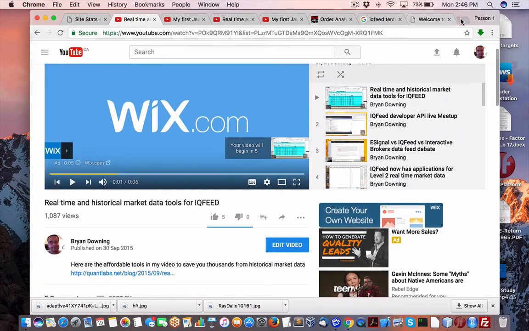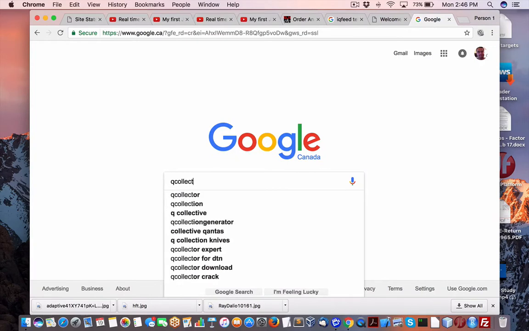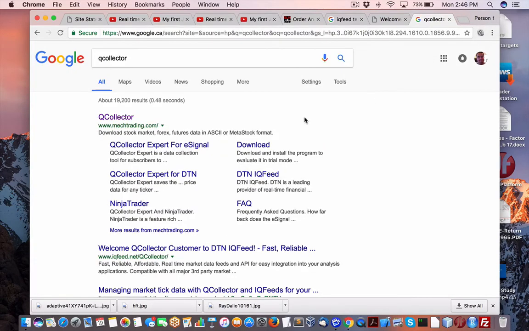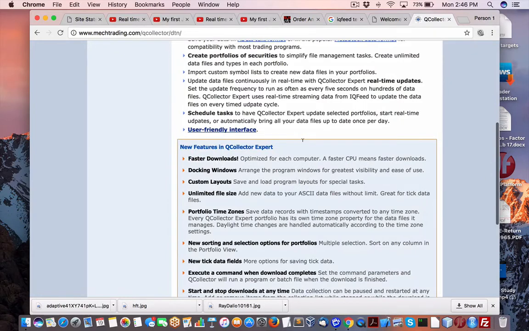If you want some information on that, just do a search on QCollector. What you're looking for is the QCollector Expert for DTN option, where DTN is IQFeed as a data source. So you can quickly build up portfolios that your IQFeed subscription gives you.